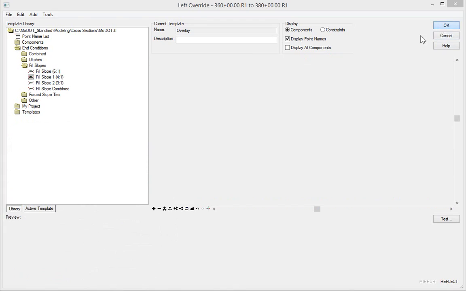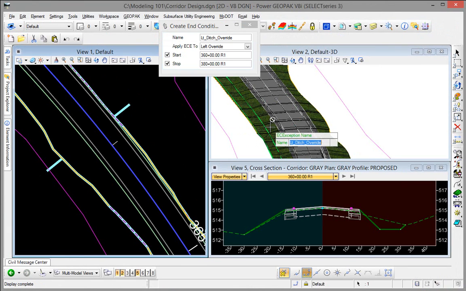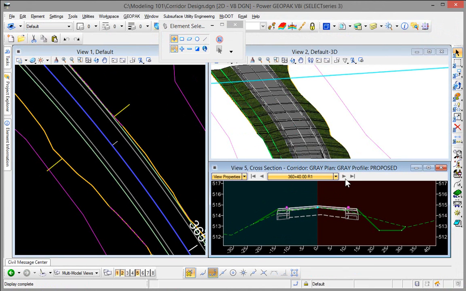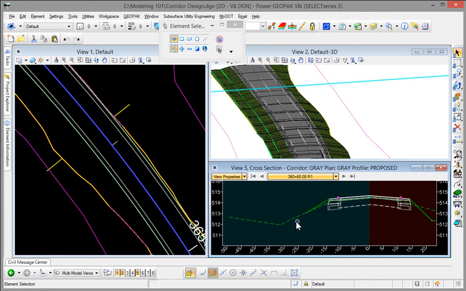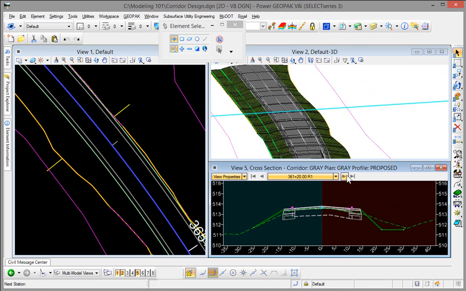So now if I hit OK here, you're going to see that left side remodel, and what it's going to do now is to draw that fill slope down until it intersects the ground. And so if we toggle through our cross sections, you can see based on the slope that I gave it, sometimes I'm going to hit the ground before we actually get to that toe of the ditch, and that's fine